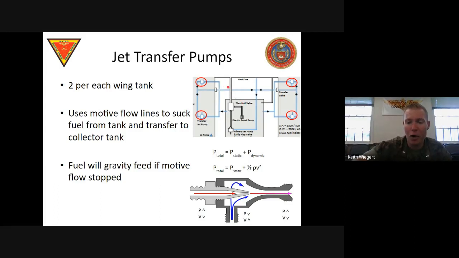And there are no moving parts in here except for the low pressure fuel pump, which is driving all of this. The low pressure fuel pump is what creates that pressure differential. And then we take advantage of physics in the jet transfer pumps and the primary jet pump. All these pumps are the exact same. No moving parts, but they take advantage of physics to circulate fuel from the wings to the collector tank, and then